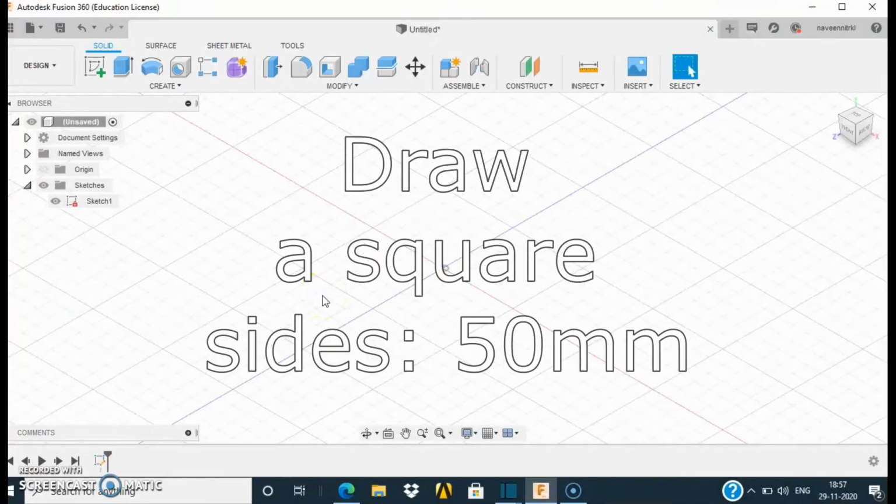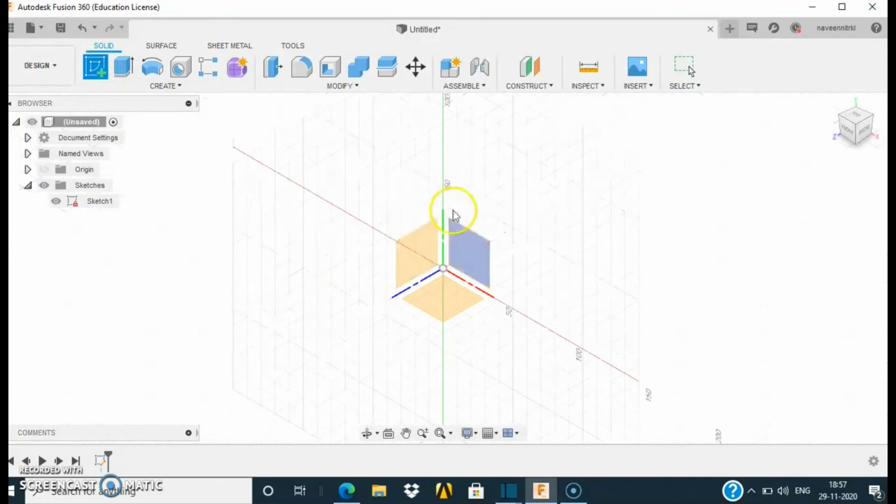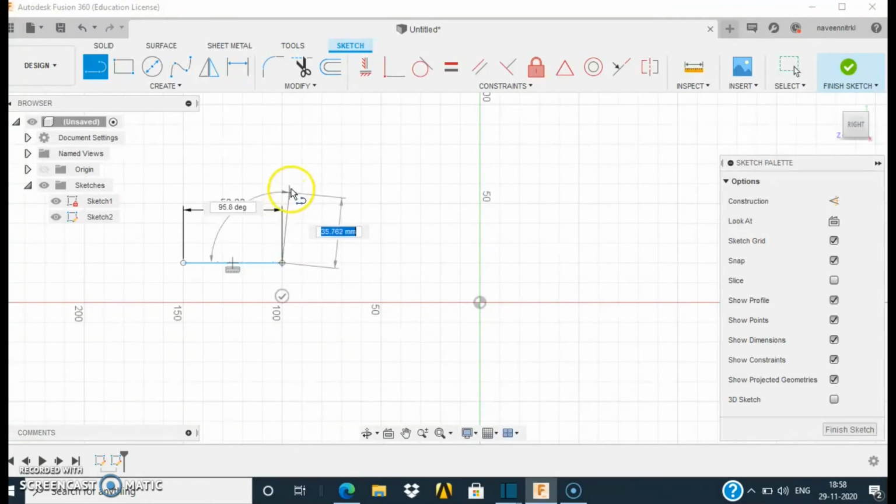The next example is to draw a square of 50 mm sides. First go to Create Sketch. Then we have to select a plane. Here I am selecting this plane to draw a square of 50 mm. Then go to the line, select the line command, place the first point, then drag your cursor, enter the value of side, that is 50 mm, then click, then drag your cursor up to 50 mm, enter the value of the length, that is 50 mm,